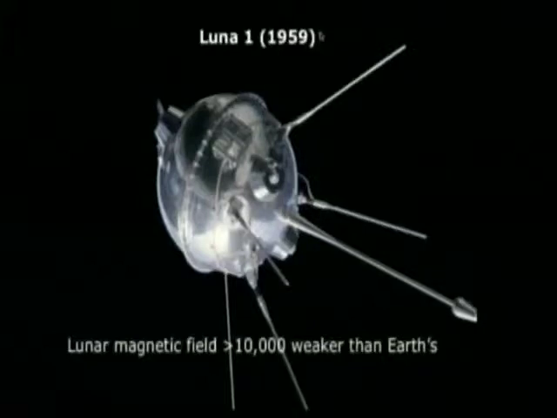today. And yet, the first man-made object to ever leave the Earth's orbit, the Luna 1 spacecraft, and I have a picture I can show you of that. Luna 1 was the first spacecraft to leave Earth's orbit. It's a Russian probe. It didn't carry a camera, but it carried a magnetometer. And it was immediately clear in 1959 that the moon does not have a magnetic field today. If it does have one, it's at least 10,000 times weaker than the Earth's, we now know. So there's this prediction that the moon should have had a magnetic field, and its complete absence as far as